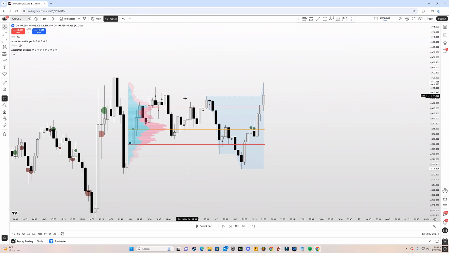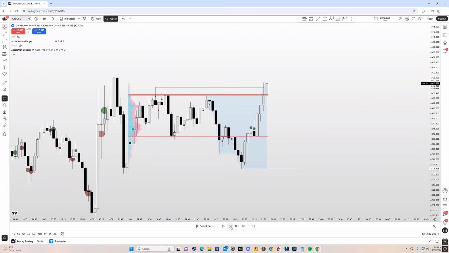So when the developing volume profile is building, you want to mark out the lowest point below the value area low and the highest point above the value area high. Those are your liquidity zones. So if we sweep that low, this high, and then we close below the value area high, that is an A+ failed auction setup, okay? So if we skip a bar ahead, just give it like 5 seconds to settle down, and then you're going to see that